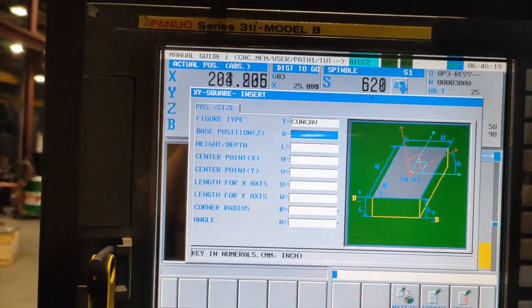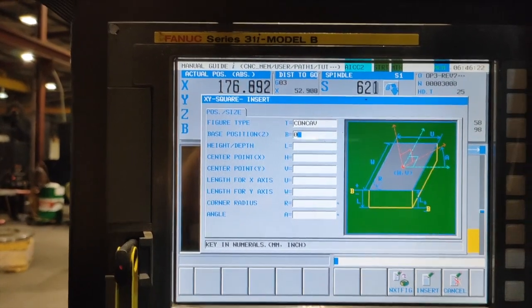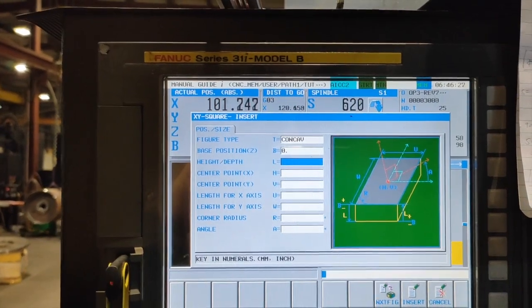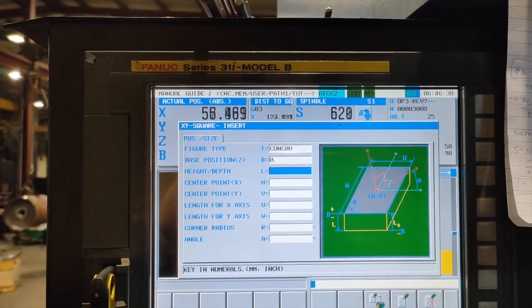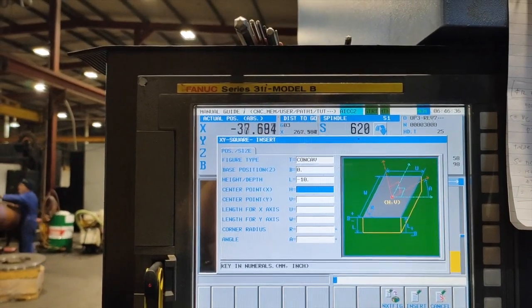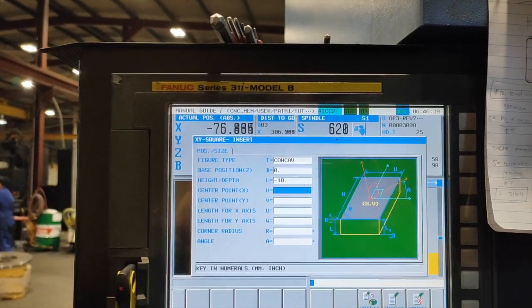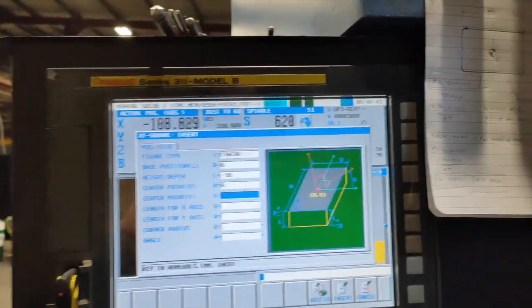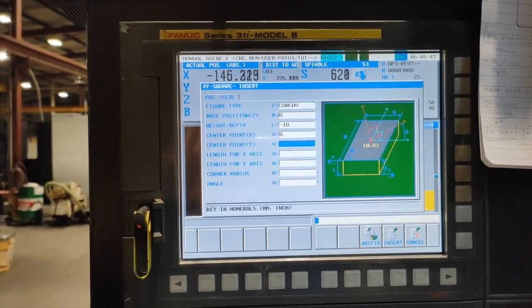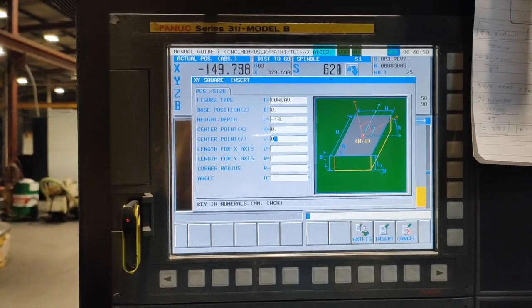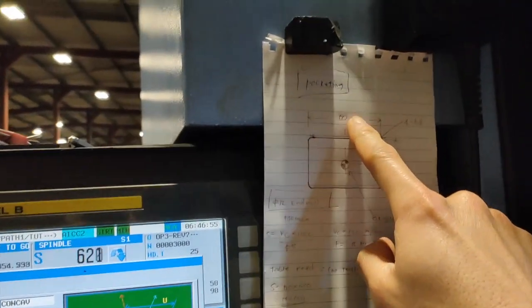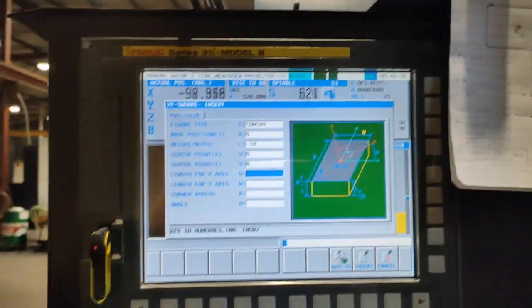So our base position is 0, top of the job, and the height of your pocket, let's say -10, and center point of X, let's say X0, that's our datum, and also center point of your Y, so 0 again, and length for X-axis, which is 50 millimeter, we put